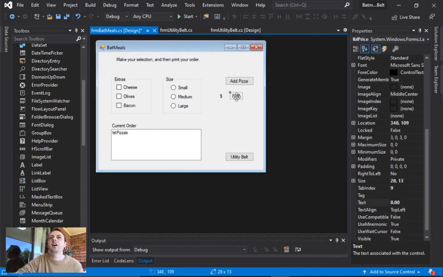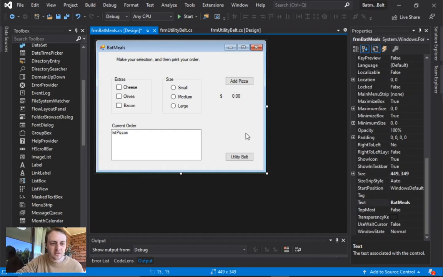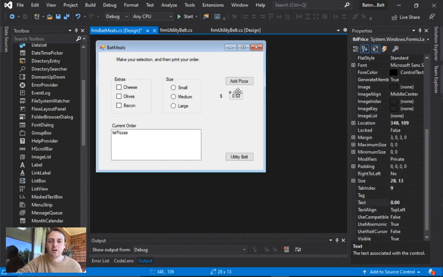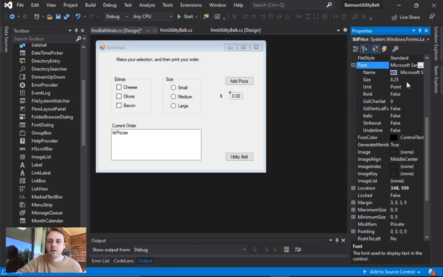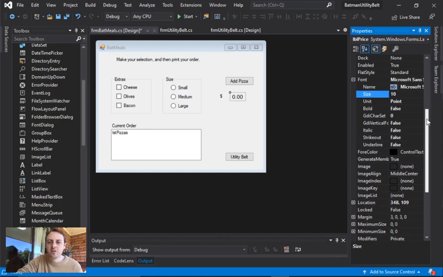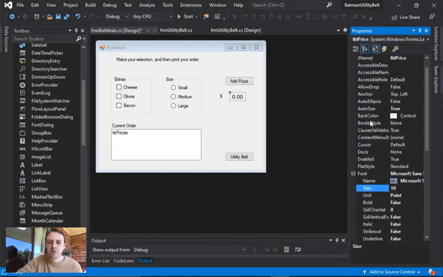There we go. Okay, however, I'm going to try to emphasize that 0 a little bit more. So what I'm going to do is make the font just a tiny little bit bigger. Let's just go with 10. Okay, but I'm also going to scroll a bit further up, and I'm going to find this one up here,